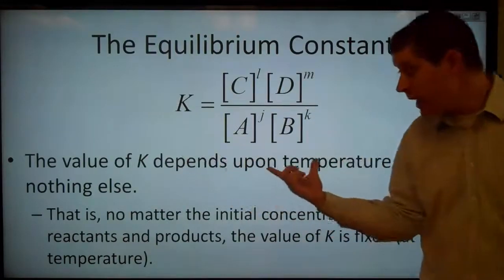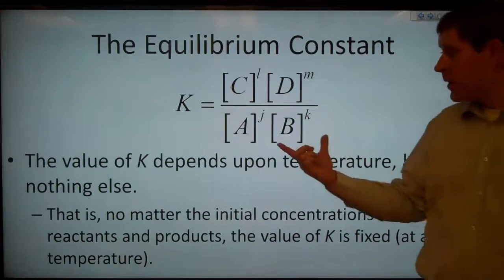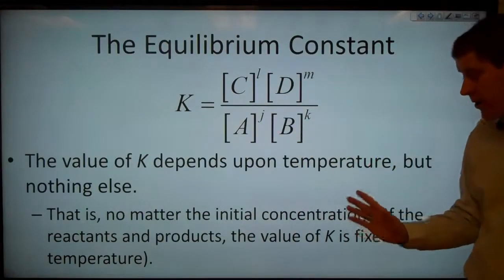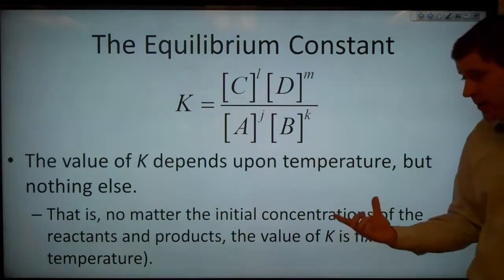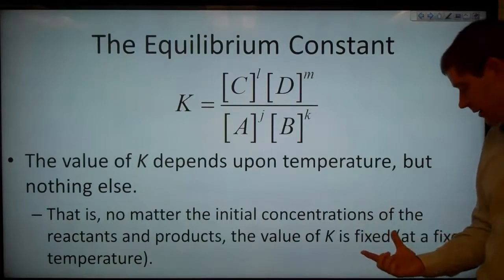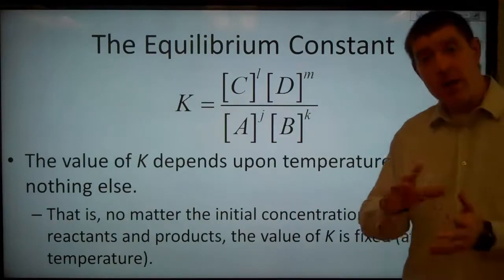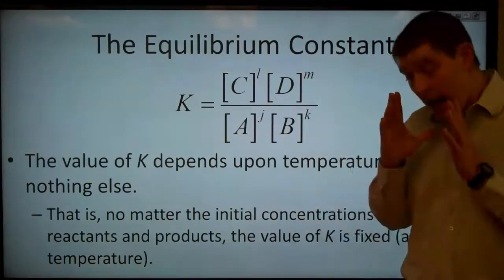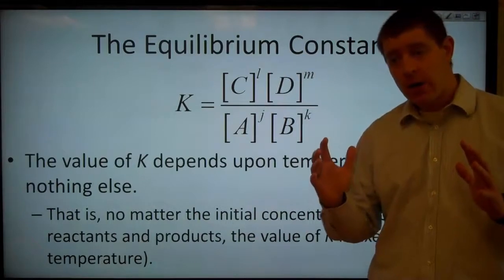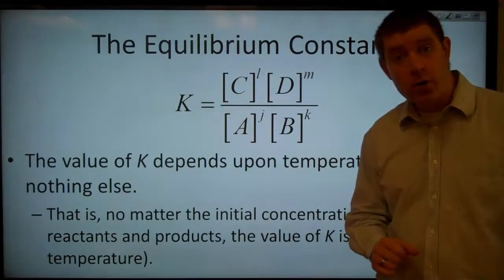So the value of K depends on the temperature, but nothing else. That means that no matter what the initial concentrations of our reactants and products, the value of K, our equilibrium constant, is fixed at some fixed temperature. So if we change the temperature, then the value of K may be a different value. If we're fixing ourselves to only be talking about standard temperature and pressure, let's say, so if we're looking at 0 degrees C,